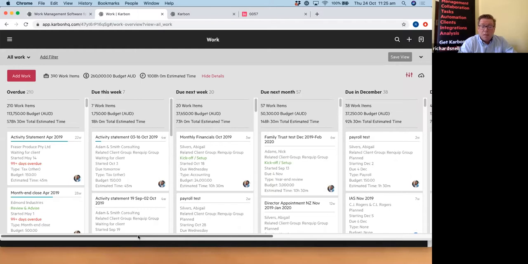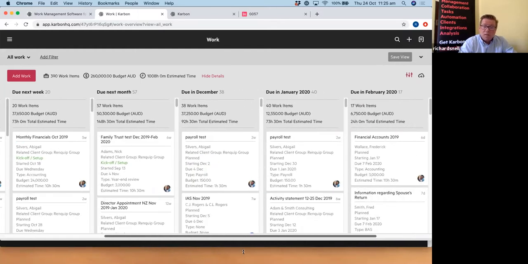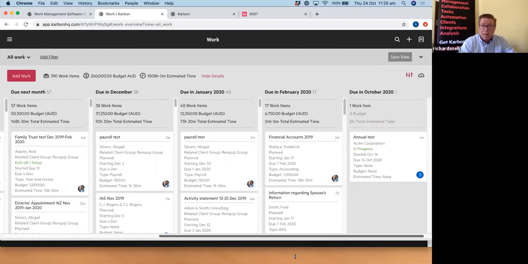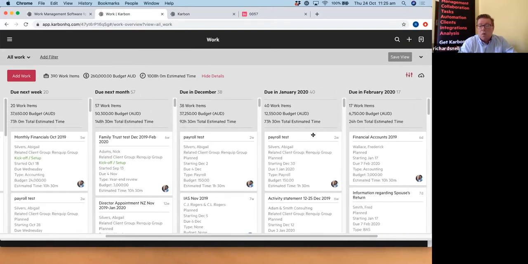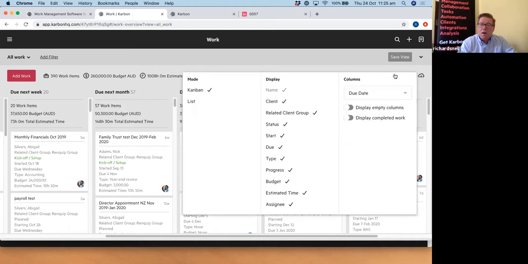So from a capacity planning perspective, this is really quite useful. I can see the volume of work that we've got coming down the pipeline. I can see whether I've got peaks and troughs in any particular month. But I also might want to change this around and say, okay, I want to have a look at it